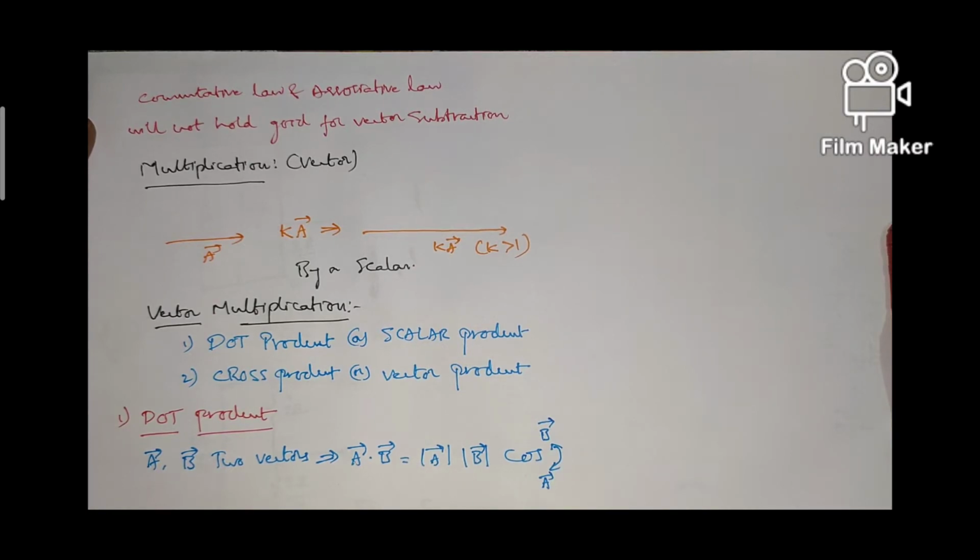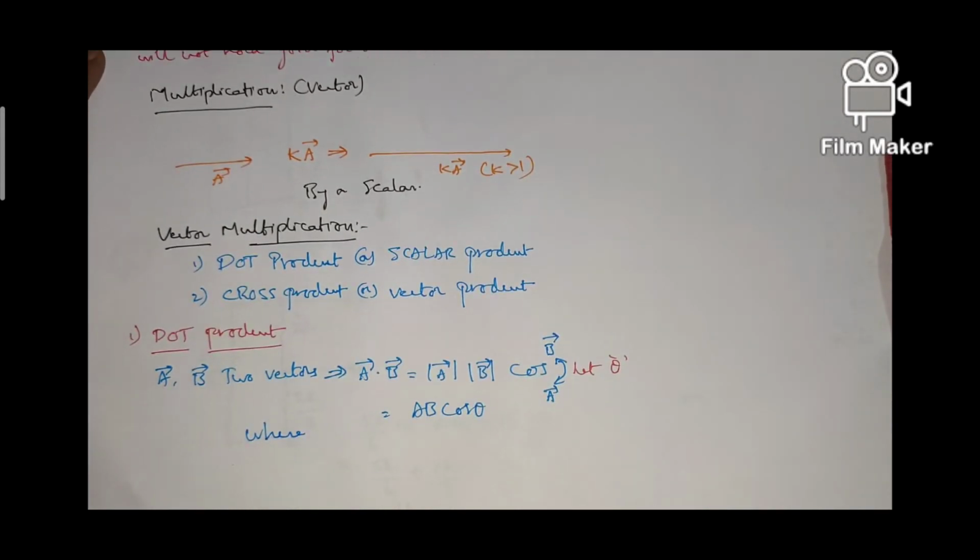Let us consider theta as the angle between A bar and B bar. Then the dot product A bar dot B bar will be equal to A into B into cos theta, where